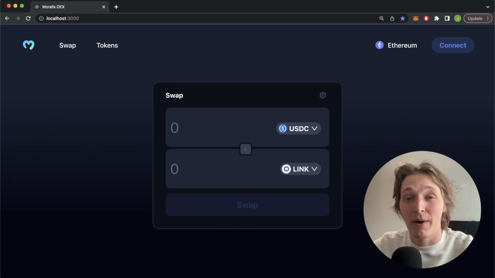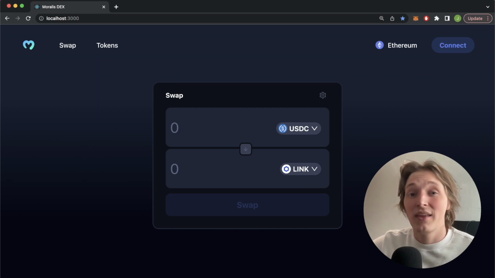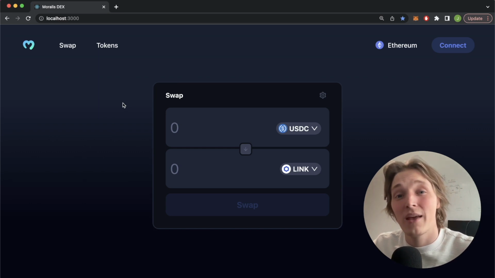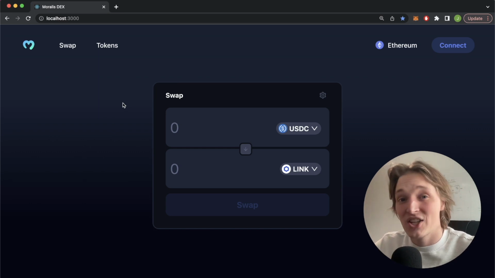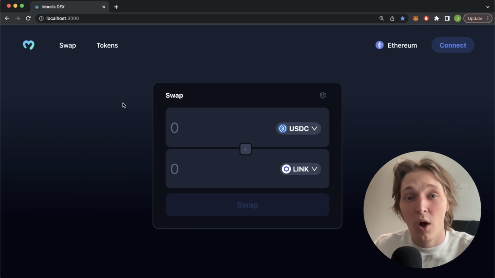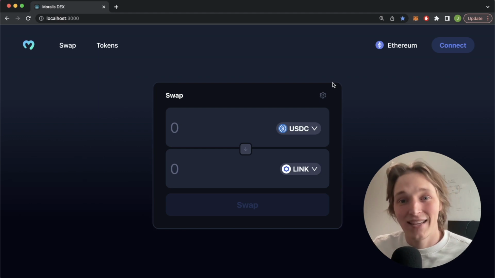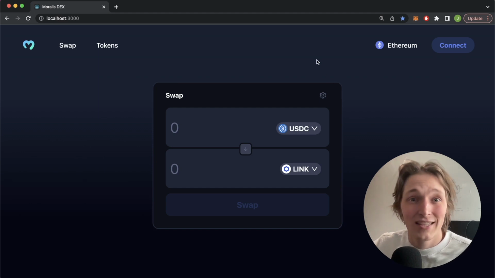Web3 development journey by building cool Web3 projects with even cooler Web3 tech. In this video, we're going to build a decentralized exchange using the Moralis Web3 API for token prices, the 1-inch Aggregator API to actually make the swaps, the Wagmi Web3 library to connect your wallet to a React app. We're going to build a React app for the front end, and for the back end, a NodeJS Express app. But before we get into the tutorial, let's look at this final product to see what you're going to learn